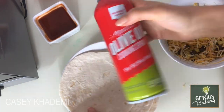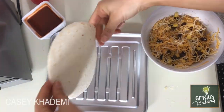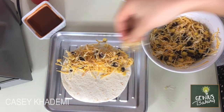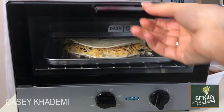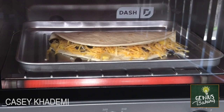I'm now going to spray one side of a flour tortilla with olive oil cooking spray. Once you've flipped over the flour tortilla, you want to just cover half with the cheese and the toppings that you're using. Now you just have to fold over your flour tortilla, press it down, and place it in the toaster oven. I've preheated the toaster oven to 425 degrees. I'm going to cook it for about 8 to 10 minutes or until the cheese is nice and melted and